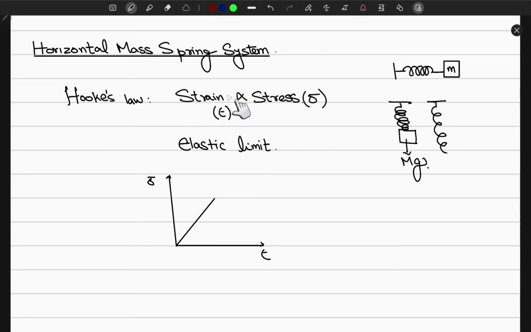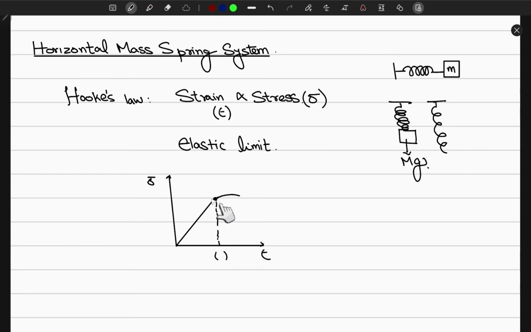This strain is directly proportional to stress. You can see that. Elastic limit is that point where this is no longer true. So you can say that it kind of curves like this. So the elastic limit has been reached at this point of strain,